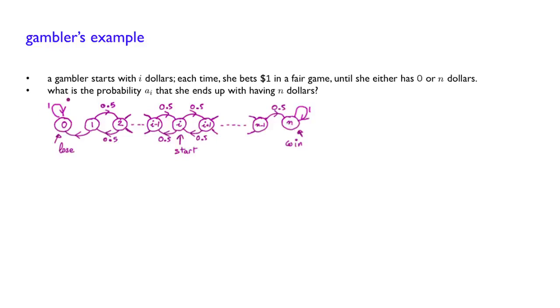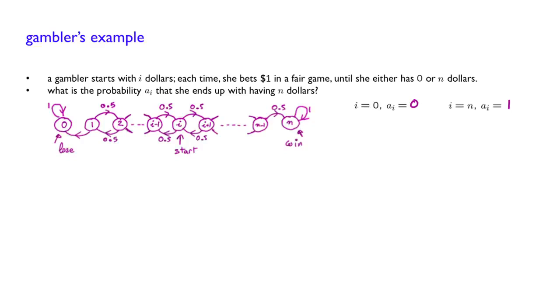So what this question is asking is the probability a_i: starting from i, what is the probability that you will end up in that absorbing state n? And we have done this calculation previously. So let us repeat the technique very briefly. Clearly here, if you start with $0, you will never reach the goal, so it's going to be 0. On the other hand, if you start with your desired goal, you don't play anymore, so your probability is 1.